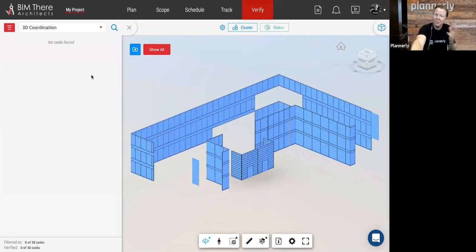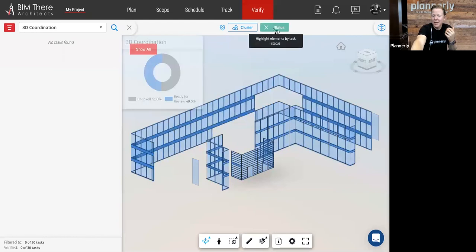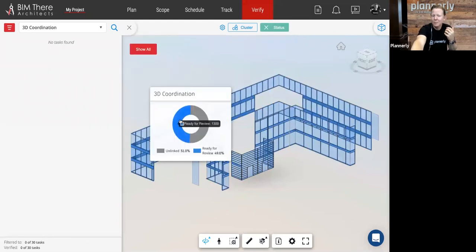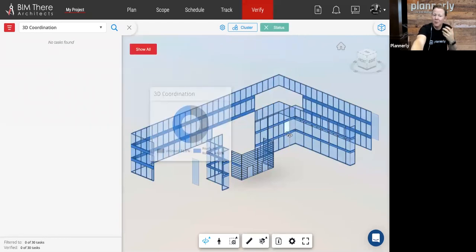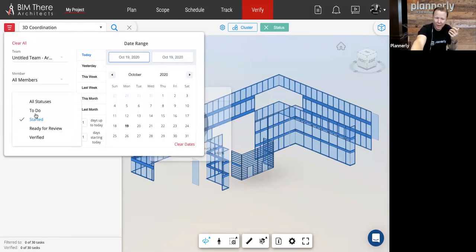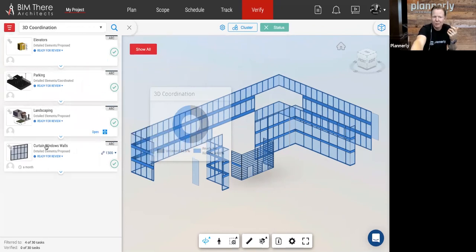And they'll get an updated email, and they'll be able to understand. And even the status of these will be color coded in blue to represent that they are ready for review. And the manager can then come in and start to refine and review and see what's ready for review. So if they were to say, okay, what's ready for review? These are the things that are ready for review.